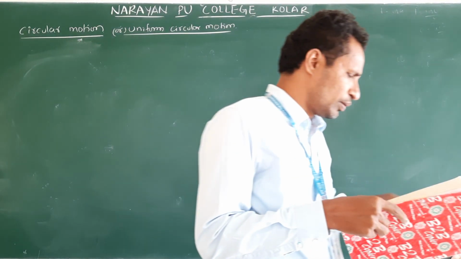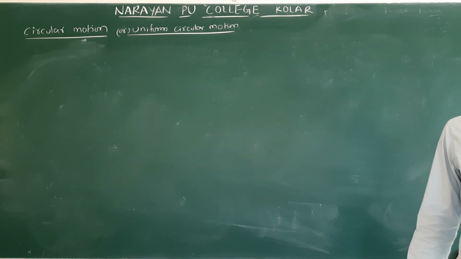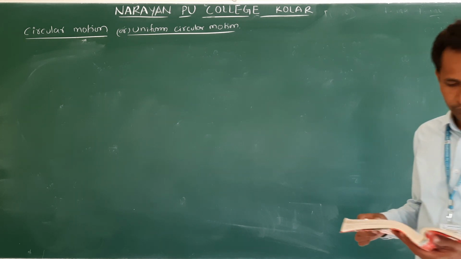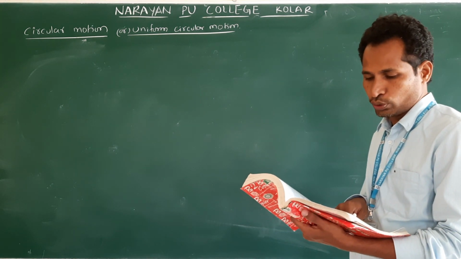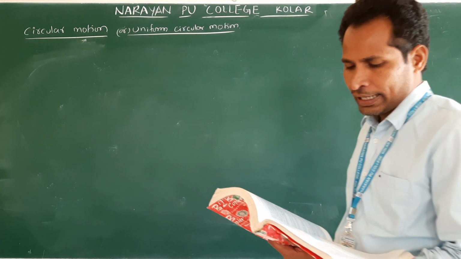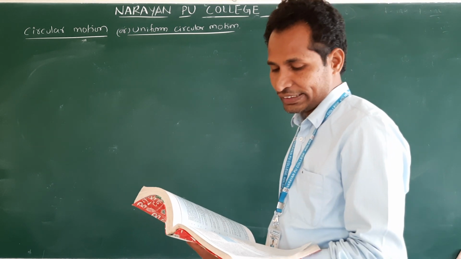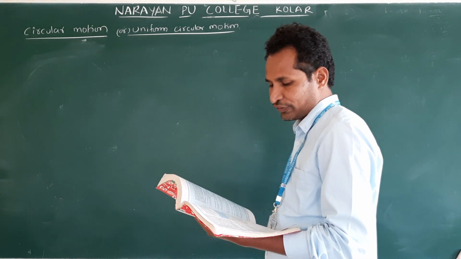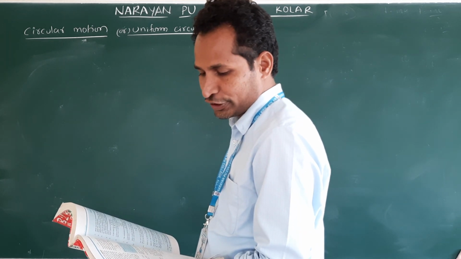Now we'll see one problem on this circular motion. Question 10: An insect trapped in a circular groove of radius 12 centimeter moves along the groove steadily and completes 7 revolutions in 100 seconds. What is the angular speed and the linear speed of the motion? If the acceleration vector is a constant vector, what is its magnitude?